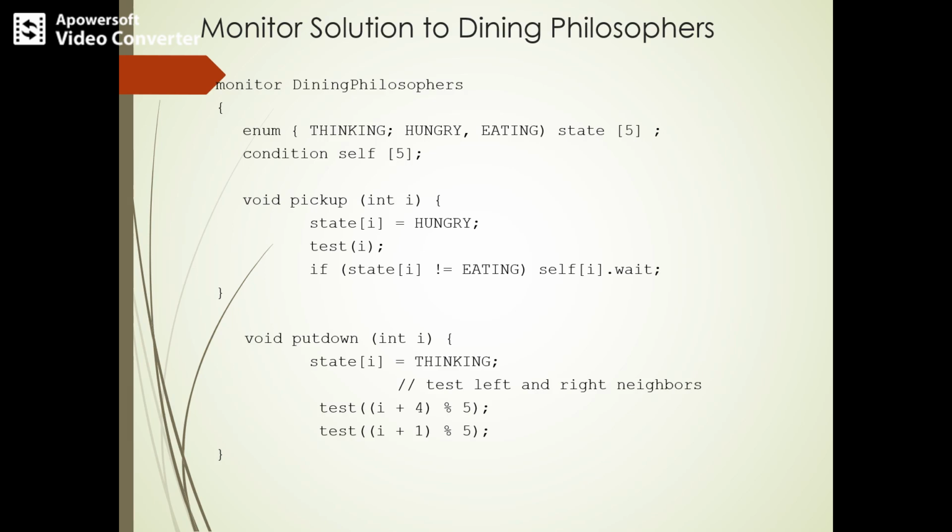After the completion of the operation, the philosopher may eat. The philosopher may invoke the putdown operation. She starts to eat and does not put down the chopsticks until she finishes eating. So philosopher I must invoke the putdown operation after eating, and then start to think. You can see that in the putdown operation, state of I will be set to thinking after eating. And again you will test the two chopsticks. If the chopsticks are available, and if that particular philosopher is hungry and not eating, then she starts to eat.